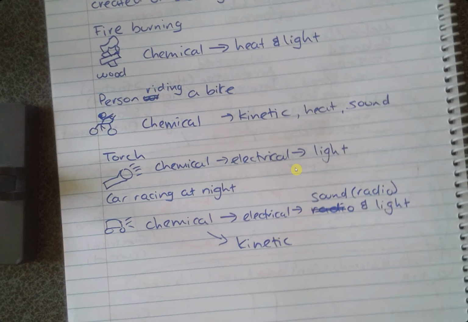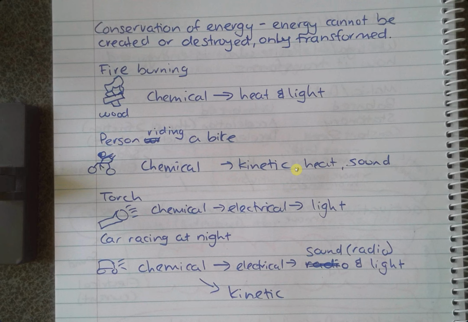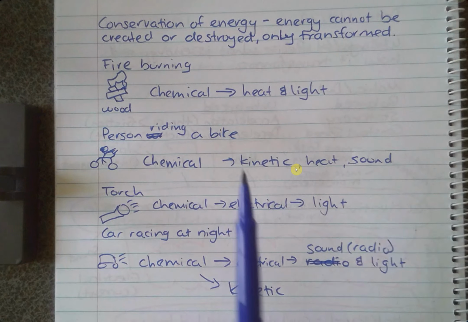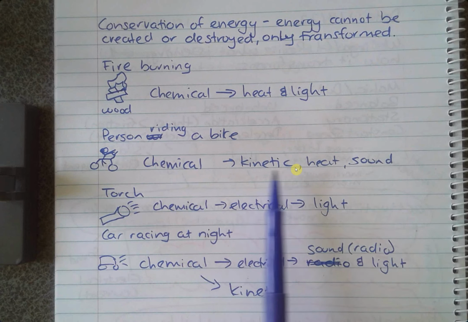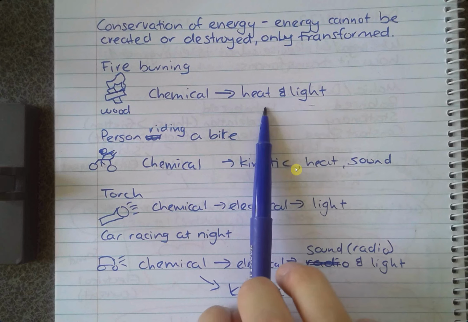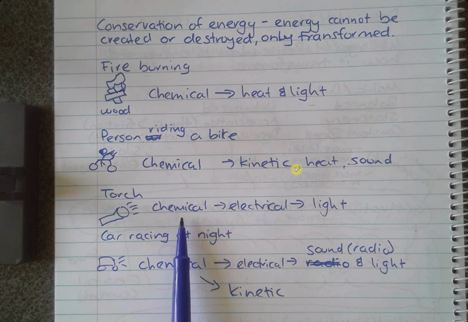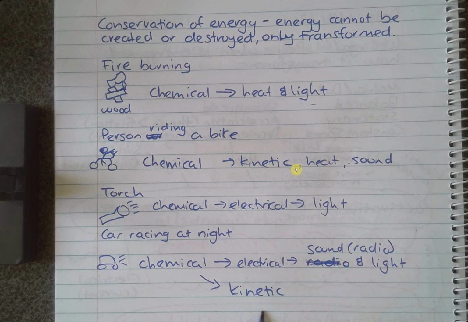So the reason why I give you guys that example as well is because I want to show you different conversions. In this case, we have very simple conversions, just going from one step to another, and maybe a few multiple types. Also be mindful that it can be transformed multiple times or in different ways as well. So we can divide up how that energy gets transformed. But the important thing is that we are not making new energy, we are not destroying the energy, we are just changing what it is.